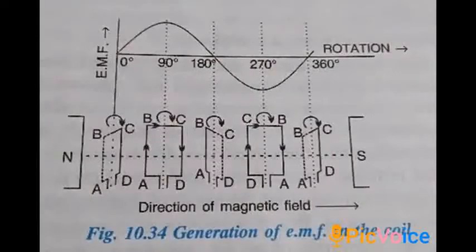Now the same thing is explained with the help of a graph. You see a graph of EMF is drawn, and these are the different positions. So the first position, initial position, is the first one shown, where you can see on the top 0 EMF, 0 current. Then we moved it by 90 degrees, it becomes horizontal, so maximum positive you have. Again you make it vertical, it drops down to 0. Then again you move it 90 degrees, it becomes again parallel, but this time the current flows in the opposite direction, maximum. So you see below the line you can see 270 degrees, the negative maximum, and this continues, and like this you get a wave, and this wave is nothing but your AC current wave. It is known as the sine wave, a sinusoidal wave.